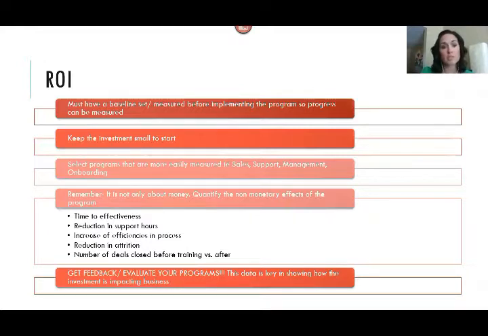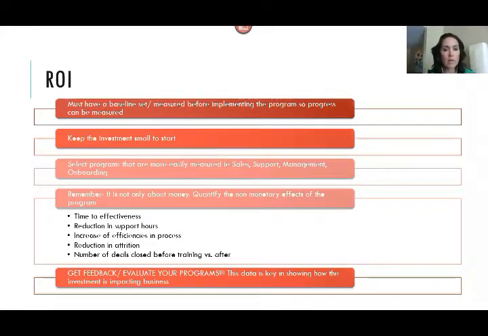If you're increasing efficiencies in process, if you're reducing the attrition, that actually is a direct correlation and can have direct impact on the bottom line, because it is so expensive for attrition and to replace people over and over. So if you can minimize the percentage of attrition in your company, that's huge. And then, of course, this one is definitely directly correlated to the bottom line, the number of deals closed for like a sales team. So these are all things. Remember, quantify and try and quantify as much as you can to really tell that story of why what you're doing is so valuable.